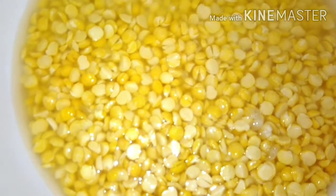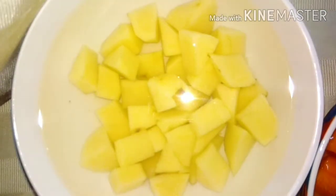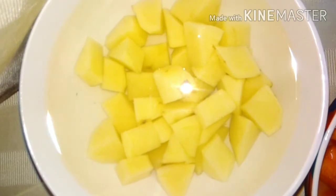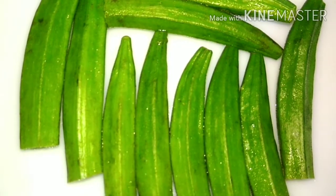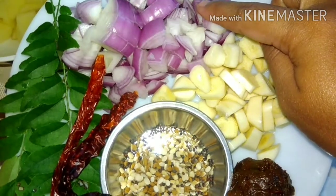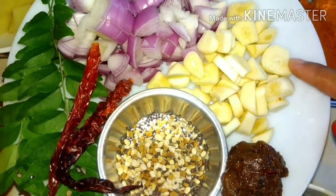500 gram toor dal, I soak it one whole night. 2 potatoes, cut small. 1 carrot, cut it small. 1 katrika or eggplant, cut small. 10 pieces lady's finger. 2 onions, 1 whole garlic,